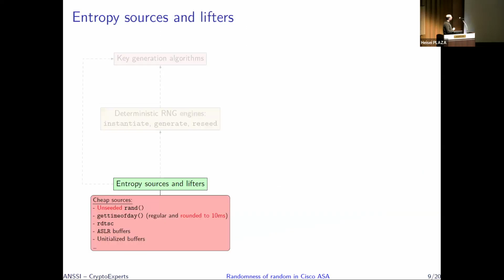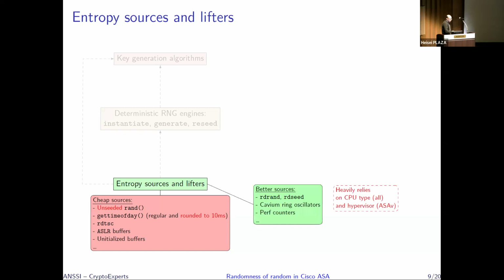First of all, we have entropy sources and lifters. Among them, we have cheap sources that provide almost no entropy or only a few bits of entropy. For example, the unseeded rand function will provide no entropy at all because its output is known. We also have gettimeofday at microsecond resolution. We have another version in Cisco firmware that will provide 10 milliseconds resolution, which is a bad idea, as we